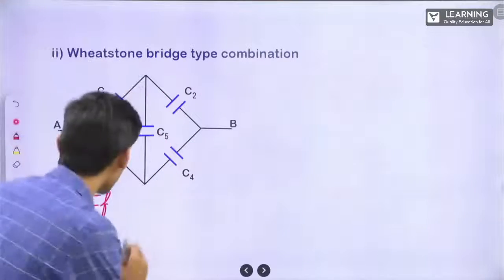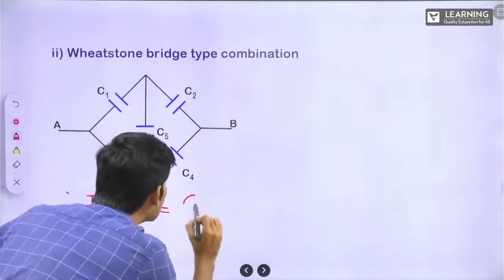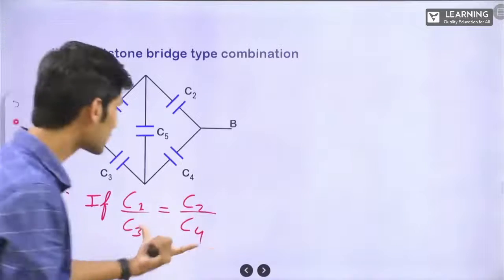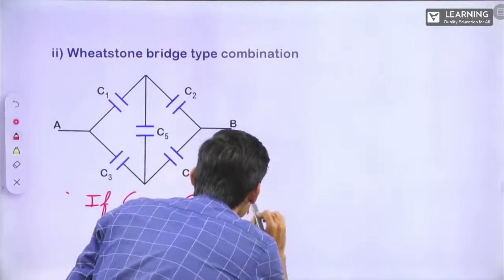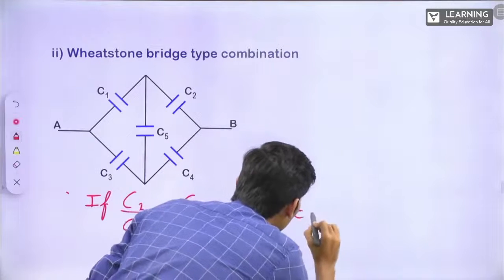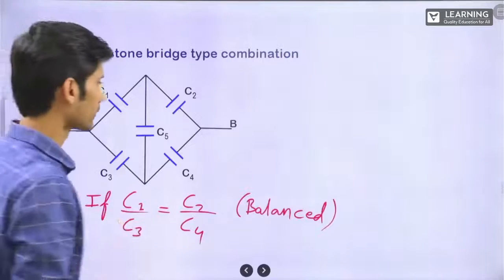I'll write it, okay? If C1 by C3 is equal to C2 by C4, this condition is known as the balanced condition. We will say the Wheatstone bridge is balanced. Fine? This is the balanced condition. If this is there, then